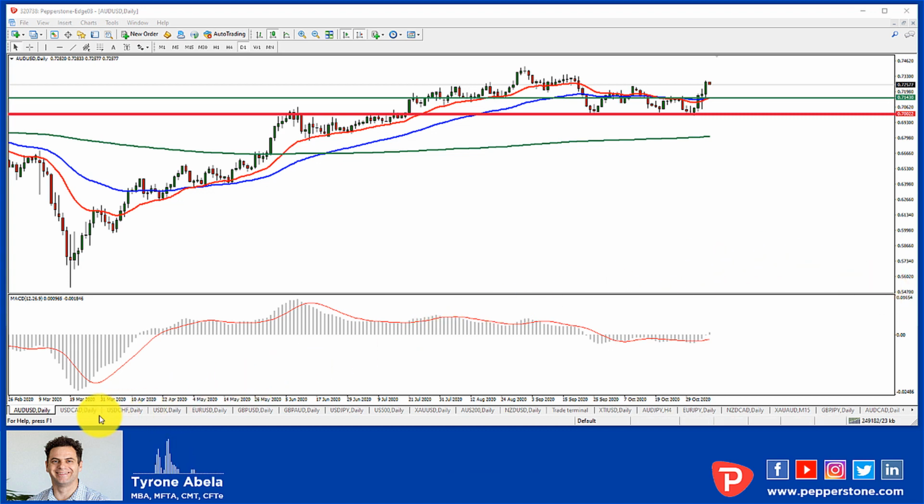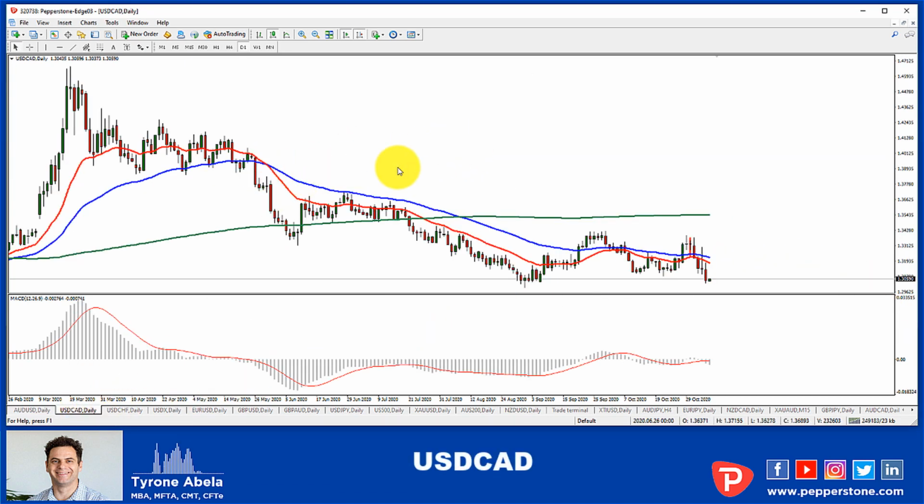So we'll scan over to the US dollar CAD now. This one finds itself at a very serious level of support as well. You can see we've had a fair bit of selling off this week. This level here around that sort of 130.50 level, which is pretty much the level I would be targeting here, is a really, really important zone.